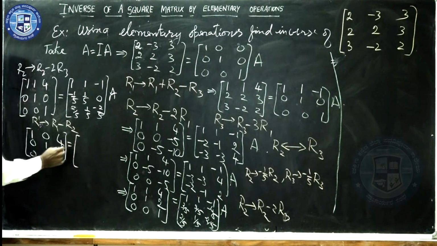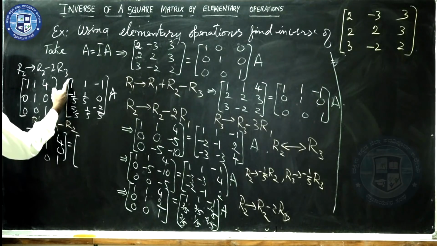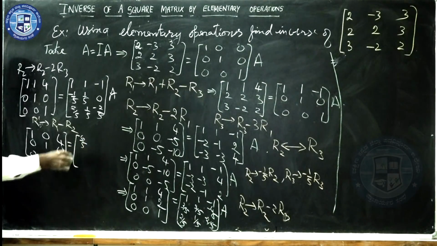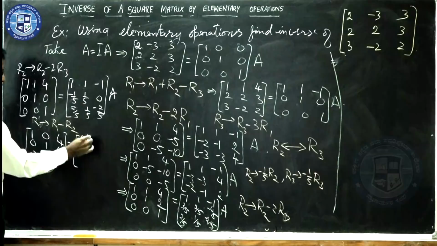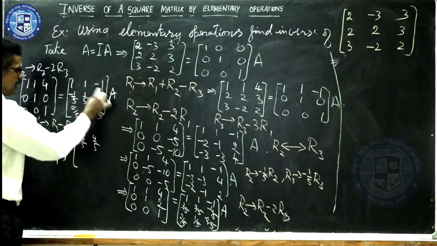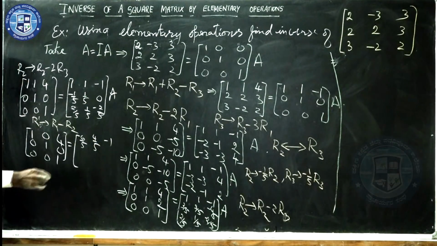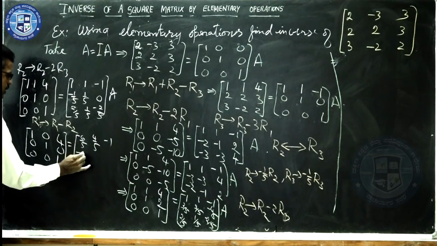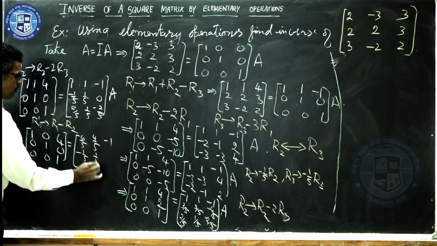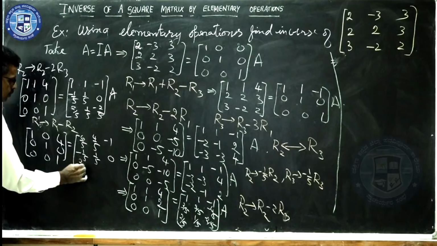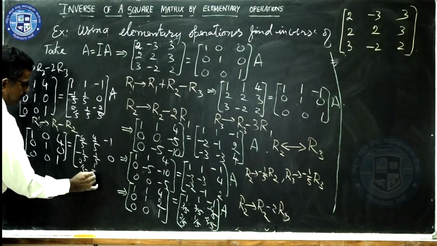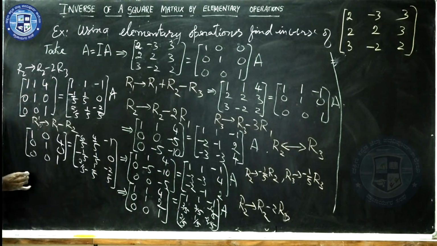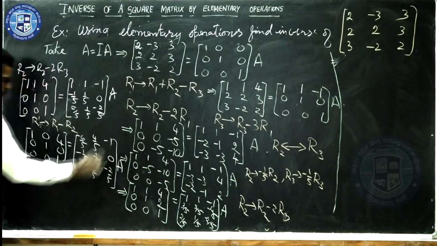That is equal to same operation here, R1 minus R2. 1 minus of minus, it is plus 6 by 5. And we expect here 1 minus 1 by 5 is 4 by 5. Minus 1, this is minus 1. And then the remaining rows are same. It is minus 1 by 5 plus 1 by 5, 0. 2 by 5, 1 by 5, minus 2 by 5. So, this into A.